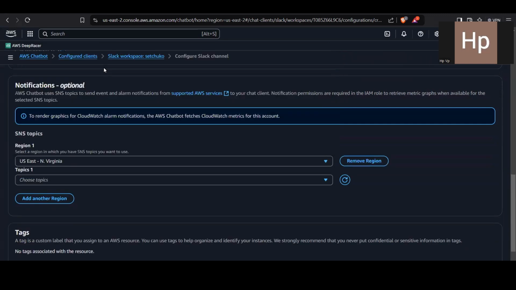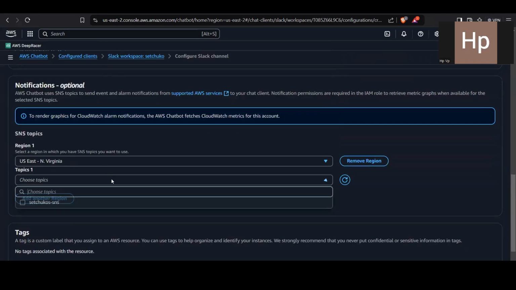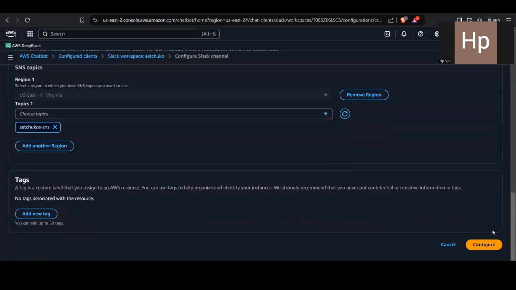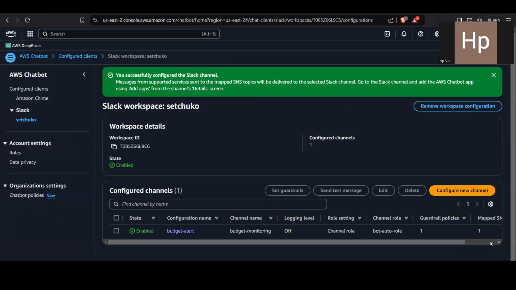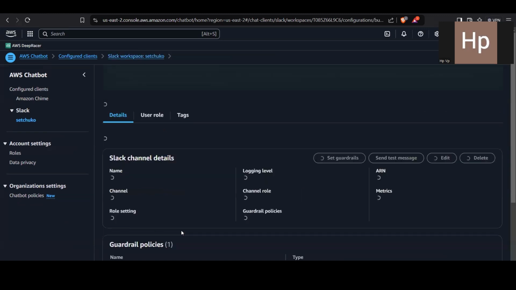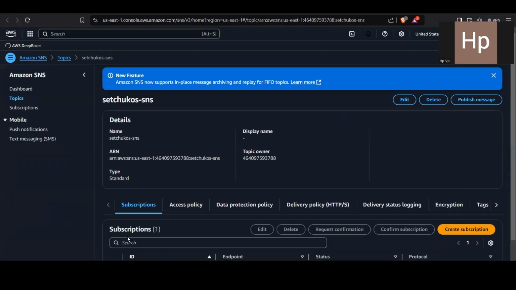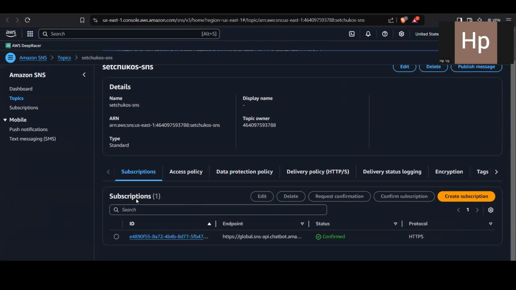Here we just need to select that region. For that, I just said SNS is region specific, and we go with the topic. Choose the right topic. We are just configuring that policy and configure. Now the configured channel is created. Here you can see enabled, configuration name budget alert, that Slack channel details, topics. If you go there, here you can see